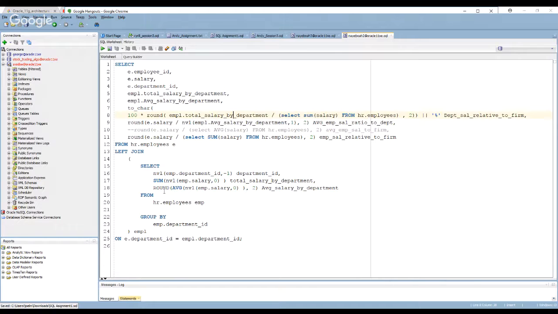So I found the average salary for each department in the inner query, and then I pulled that here and did the calculation of each employee's salary against that average salary.